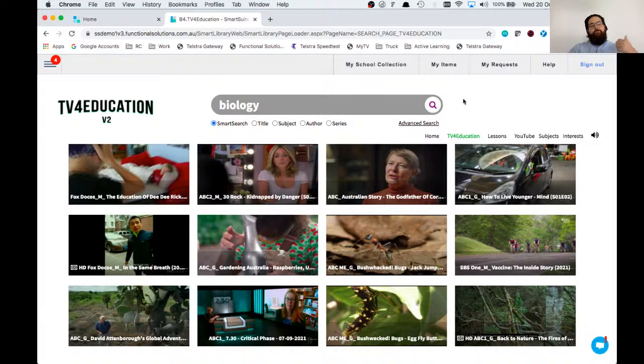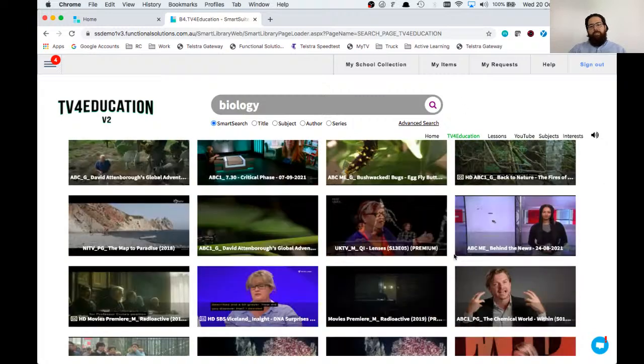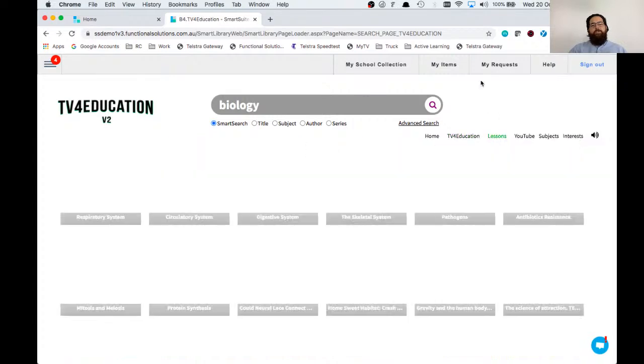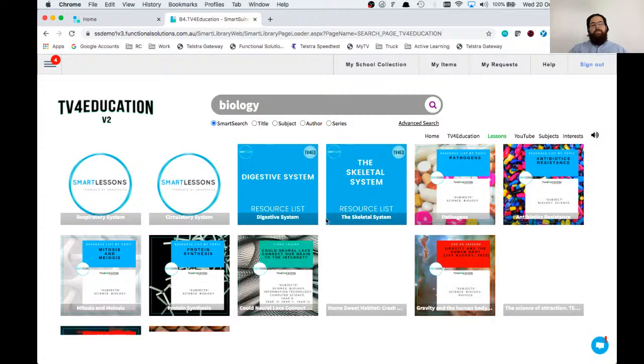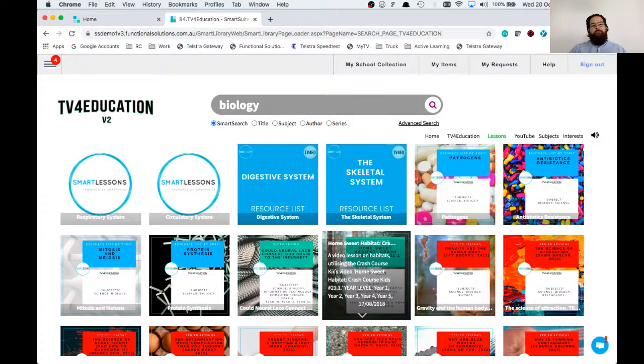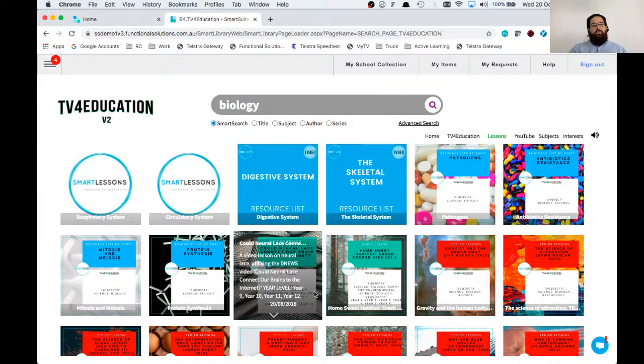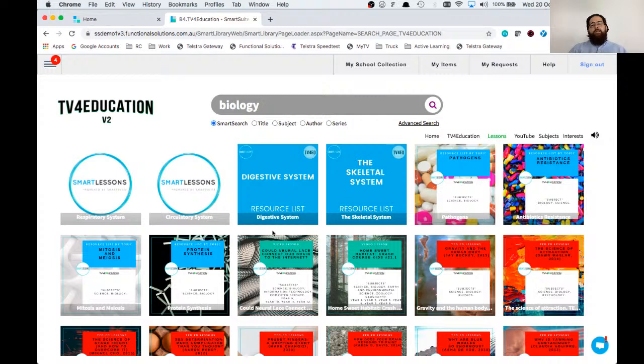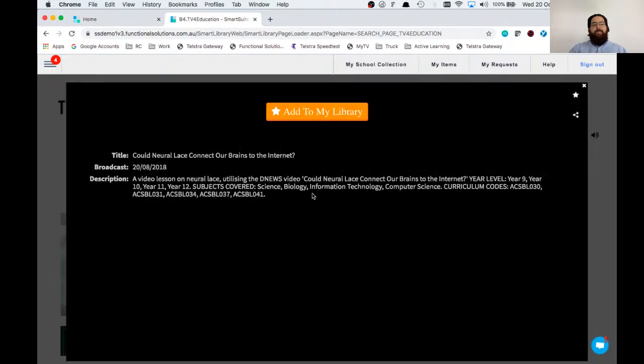So this is all of our free-to-air content, our Foxtel content, our vodcasts and podcasts. If I'm going through here and I think, I wonder what they've got in the lessons library, you can click on lessons and it will search all of our digital lessons and resource lists for the search term biology. I can then open that up, I can have a look at what that lesson is all about, and if I would like to, I can add that to my library